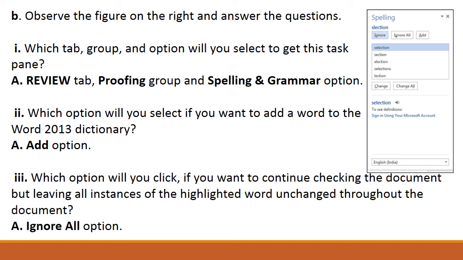And the answer is Review tab, Proofing group and Spelling and Grammar option. B part is, which option will you select if you want to add a word to the Word 2013 dictionary? Answer is Add option. Add option you guys can see in the picture that is given to the right side, the spelling task pane.